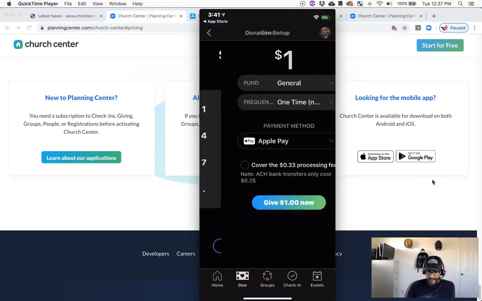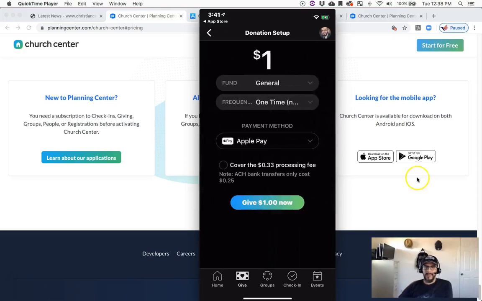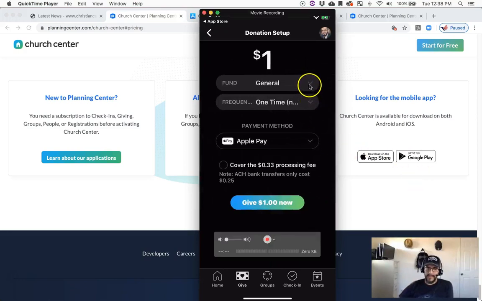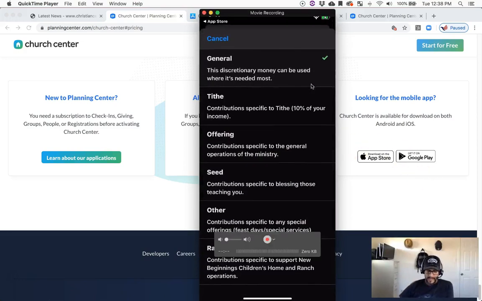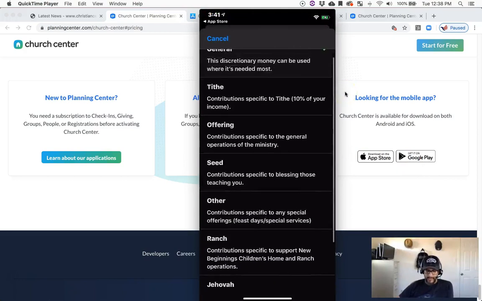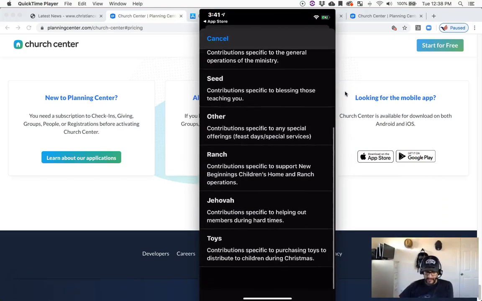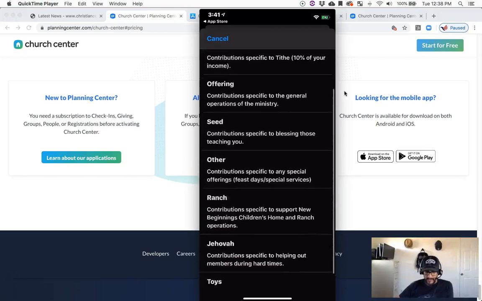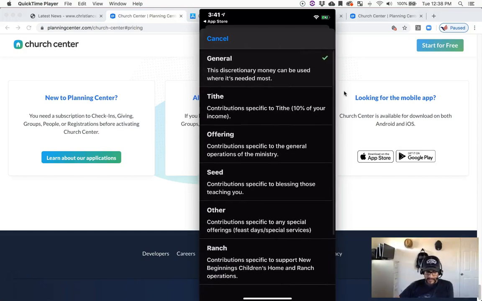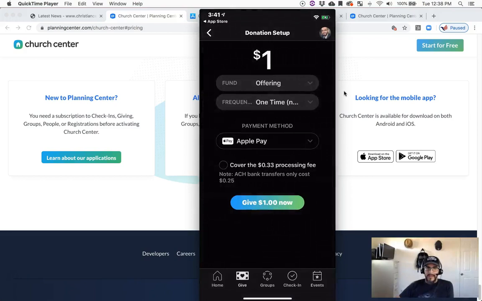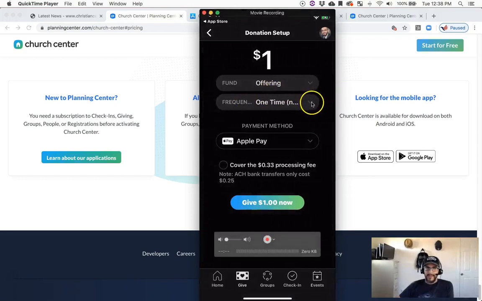I'm going to click next, and you notice right here at the top it asks you what fund. There's an arrow pointing down so that you can click that and then start to pick which one you want, and there's a brief explanation of what area that fund goes toward. Okay, so in this case, I'll keep it as offering, and then right here there's a button, arrow down that says